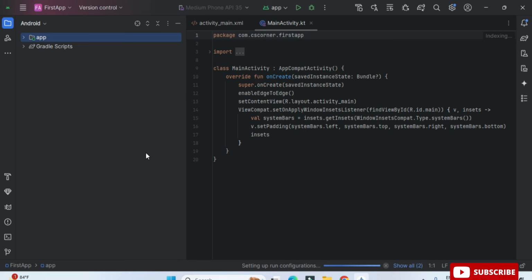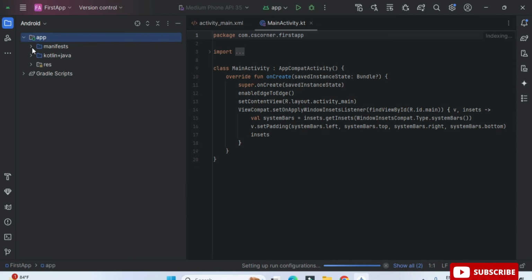Now at the left side you can see my project, and it's showing my MainActivity.kt file. Let me first explain the different folders which are created when you create any Android application. Here we have my app, nothing but my project name.